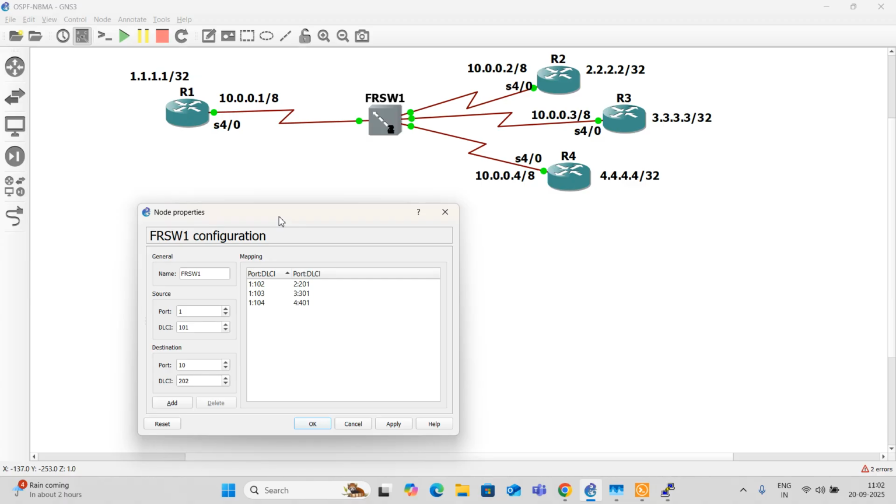Now only from port number 1, this is 1 here actually, 1 is forming tunnel with 2, 3 and 4. Likewise I have to form tunnel from 2 to 4 and 2 to 3 and 3 to 2 and 3 to 4. That will form full mesh. Let me do that.